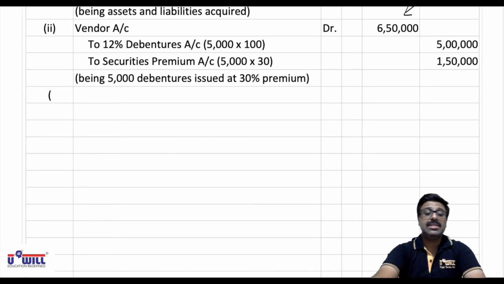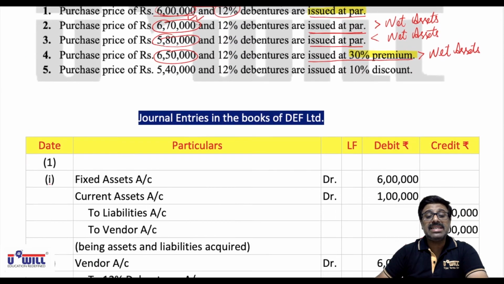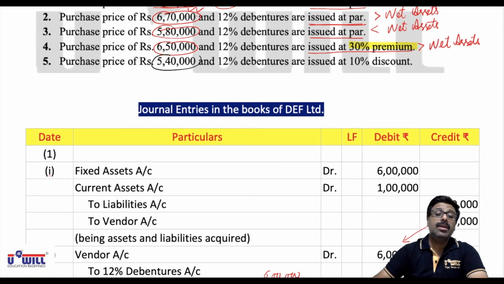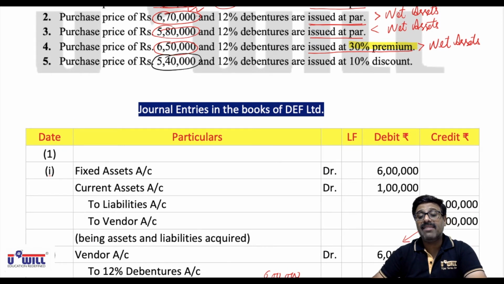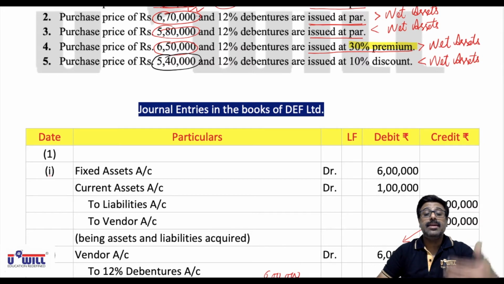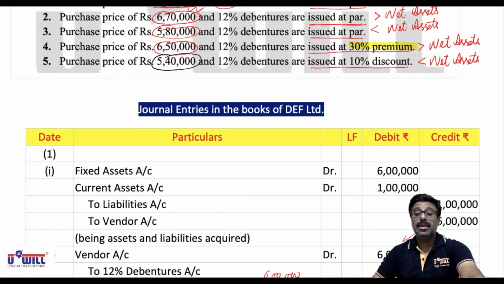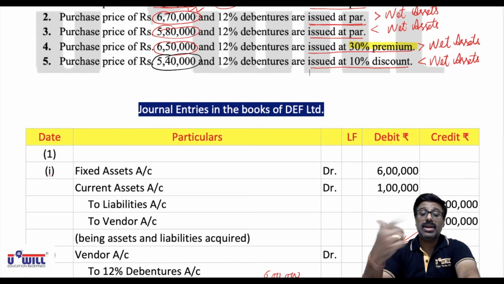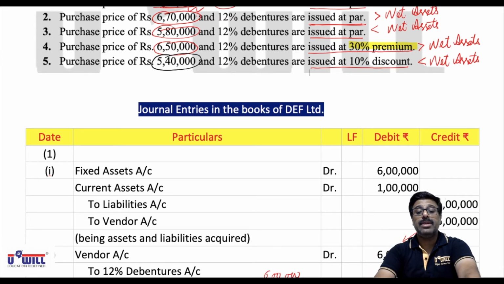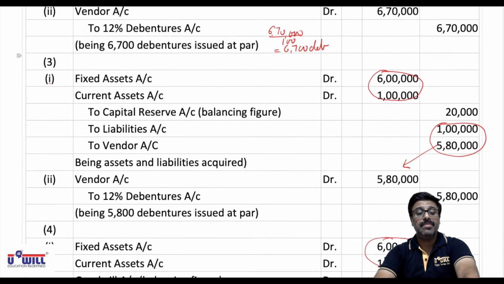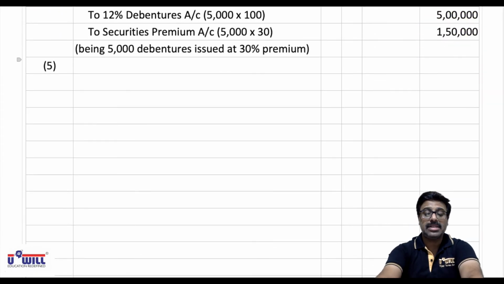Now fifth and last situation. Purchase price is 5,40,000. Now against net assets of 6 lakh, 5,40,000 means purchase price is less than net assets. So again we will have the situation of capital reserve. 60,000 less we are paying. That is our profit, we will transfer to capital reserve. But here 12% debentures are issued at 10% discount. Now they are issued at discount. So we'll have to again make the workings and find the number of debentures before we pass the second entry. So in the fifth situation, if we write down the first entry,